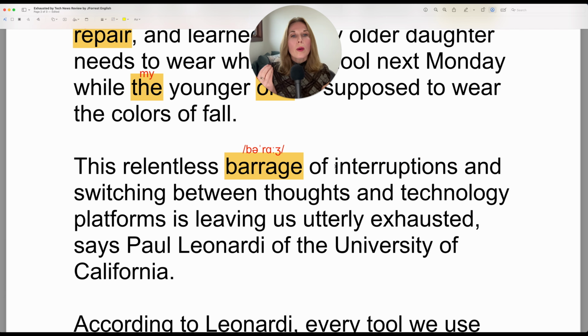So an interruption, of course, is if I'm teaching this lesson and I don't turn off my phone, if my phone beeps, that would be an interruption. It takes my focus away from the lesson and onto my phone. Or if there's a knock at the door, that would be an interruption as well. So an interruption doesn't necessarily have to be from a person. It could be from technology, of course, a device.